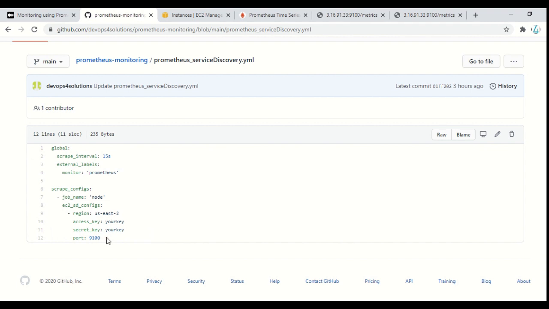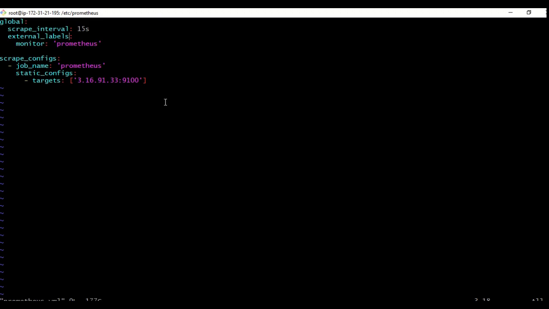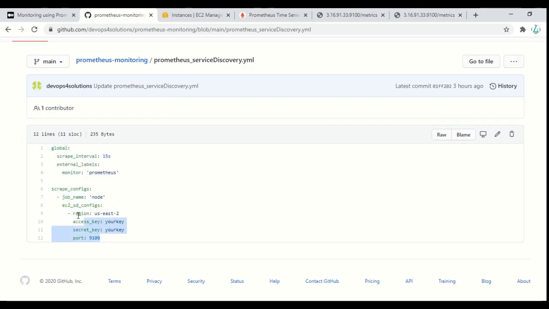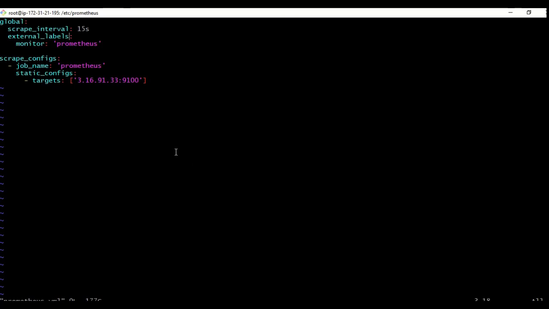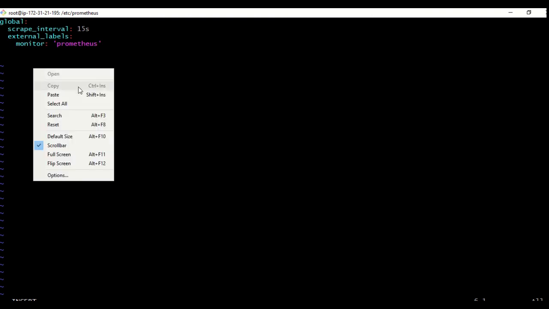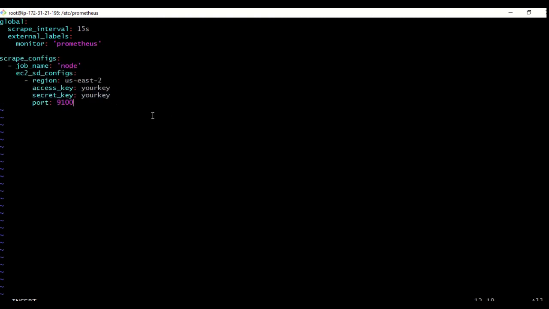So let's edit the file and just run it. Let me do this, and I'll change the API key also.